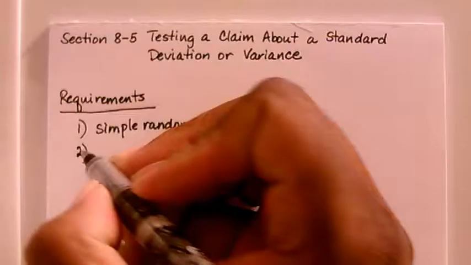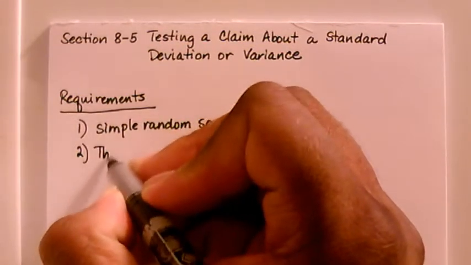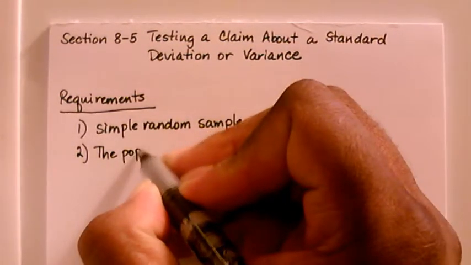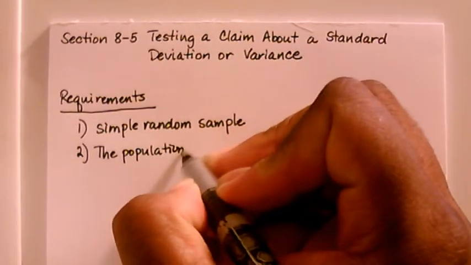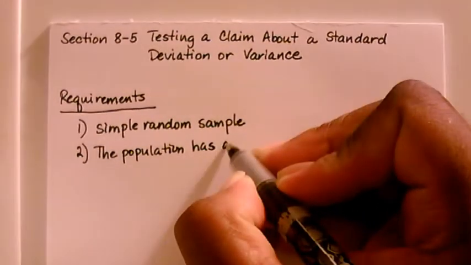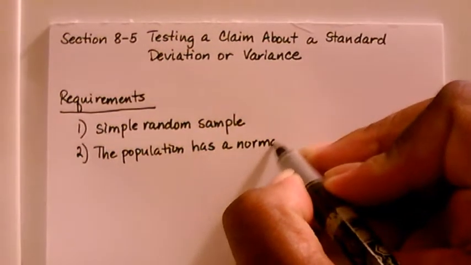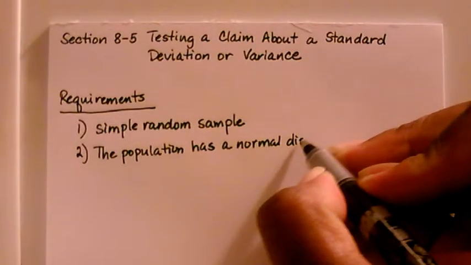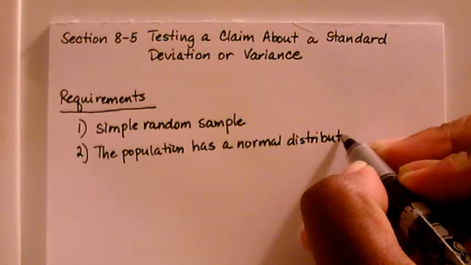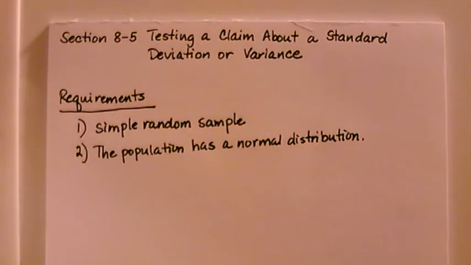And then second, this one is going to be very, very important, that the population does have a normal distribution. And this is a very strict requirement. Okay? When we're dealing with a claim about a standard deviation or variance, you must have a normal distribution. That's very important. And once those two requirements are met, then we can test a claim about a standard deviation